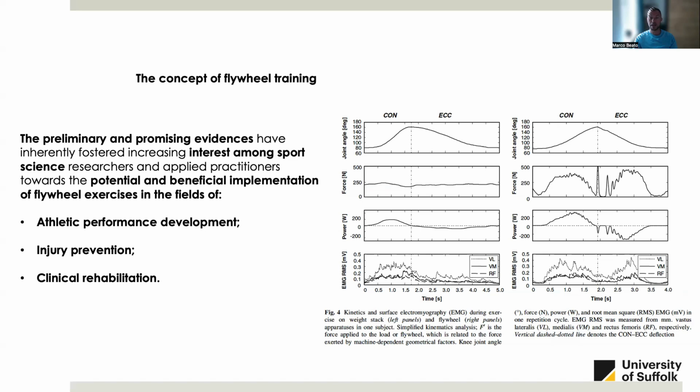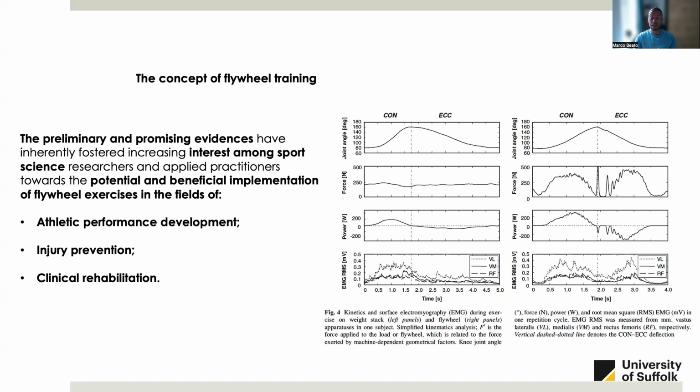If we check, in this case, the last comparison, that is about the MG, you can see that the vastus lateralis, vastus medialis, and rectus femoris are mainly activated during the concentric phase with the stack machine and with a lower intensity during the eccentric phase. On the contrary, when you check the flywheel device, you can see that actually the peak happened during the eccentric phase,